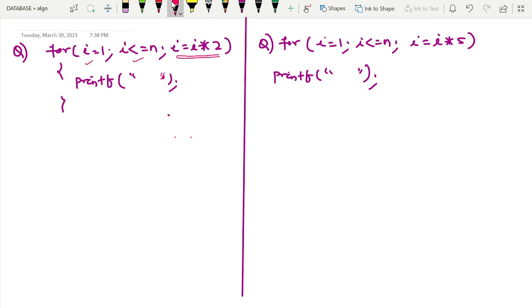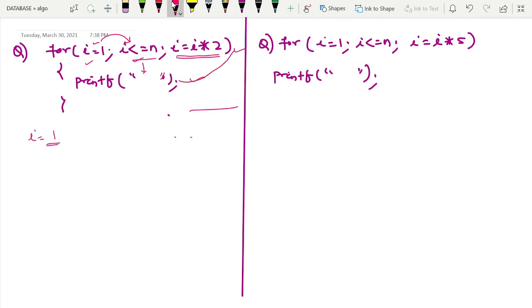What we are actually calculating is how many number of times these two statements will get executed. Then after adding this, we can find out the time complexity. Okay, so here i is starting with 1, right? So when i is starting with 1, it gets checked with this condition statement whether it is less than n or not. If it is less than n, then we are coming to this part, the loop statement part, and it is getting executed.